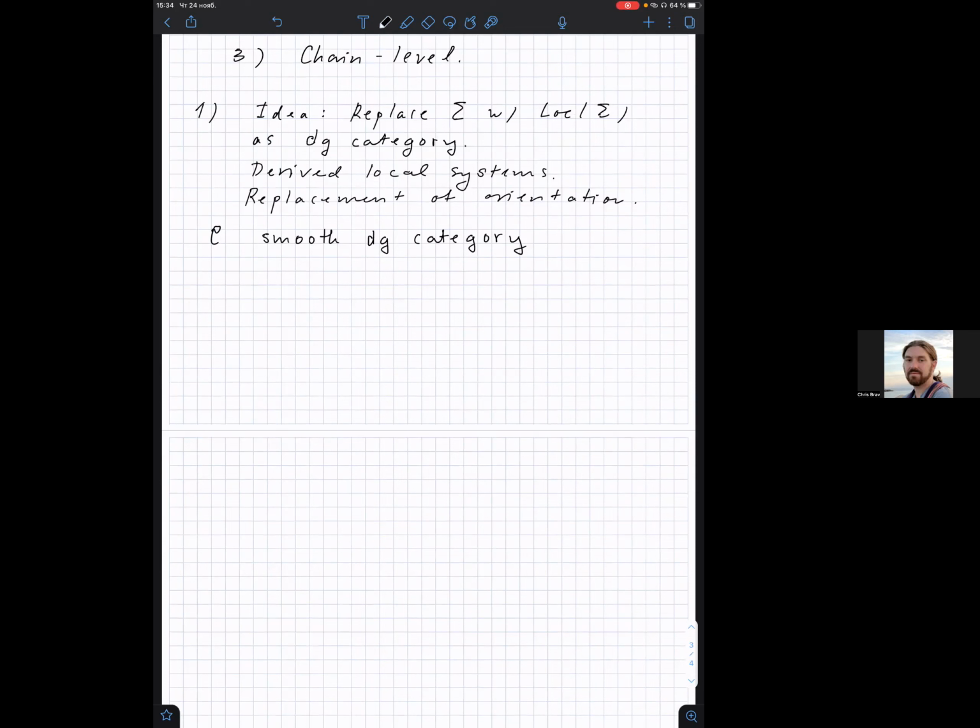And then the definition, I want a kind of Poincare duality to hold in this category, but it's going to be a kind of funny Poincare duality. It's going to be not for cohomology and homology, which don't make sense for a DG category, but for Hochschild cohomology and Hochschild homology. So we say a weak,